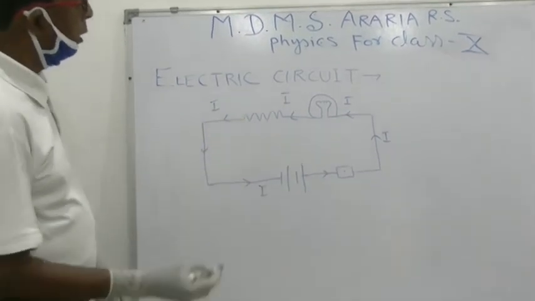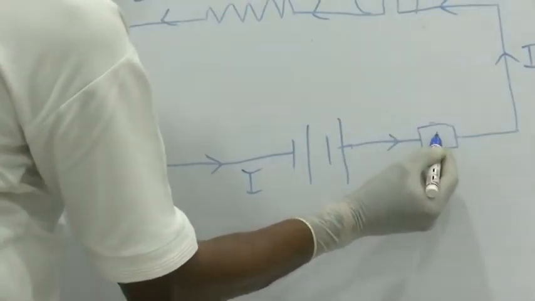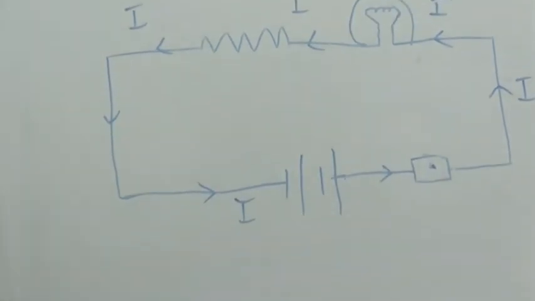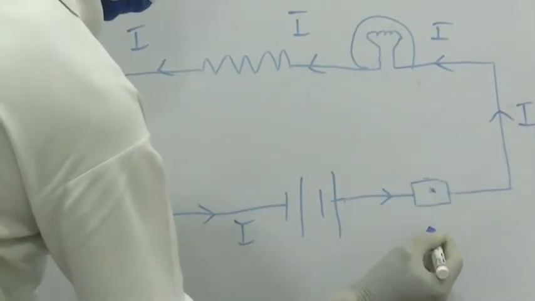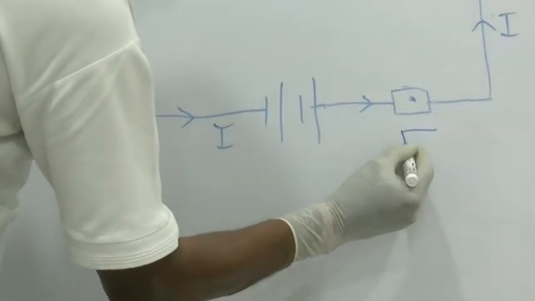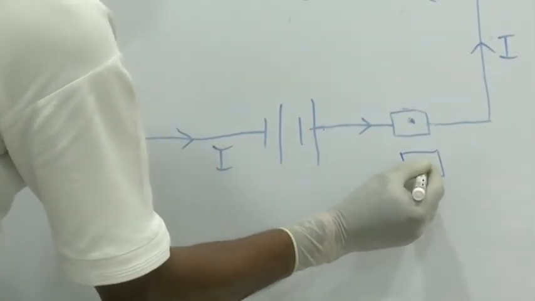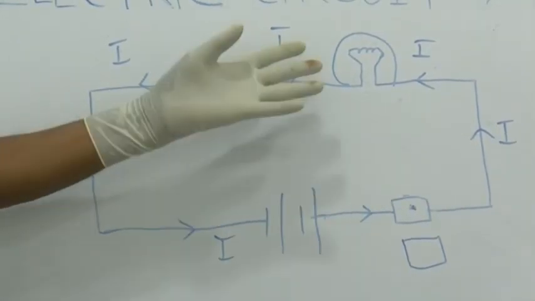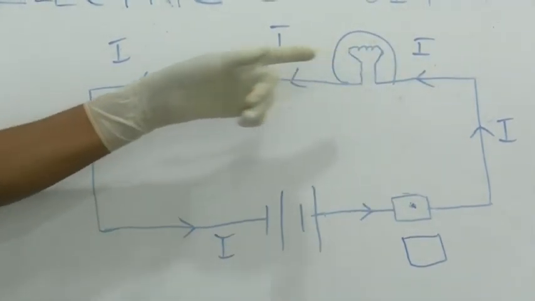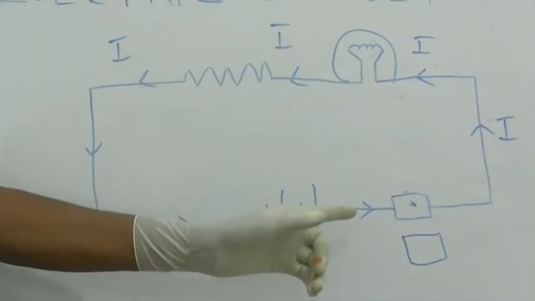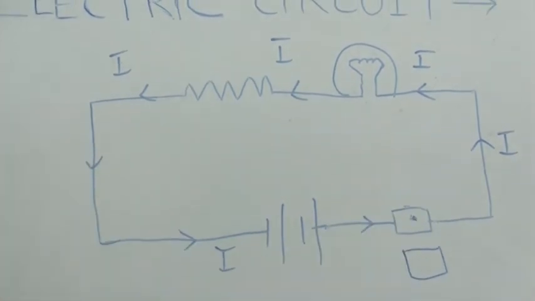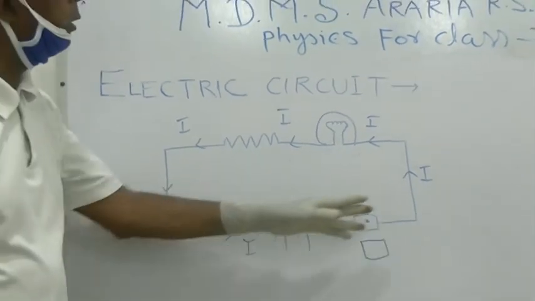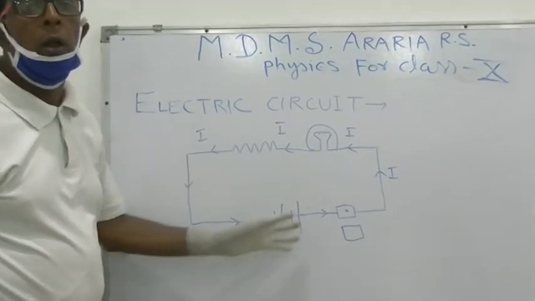In the on position, if we use a key, then there is a dot for the on position, and for the off position we will omit the dot. If there is no dot, it means this position is off. The circuit is off, and in this circuit no current is flowing. And when the dot is present, then it is clear that the circuit is completed and current is flowing through the whole circuit.